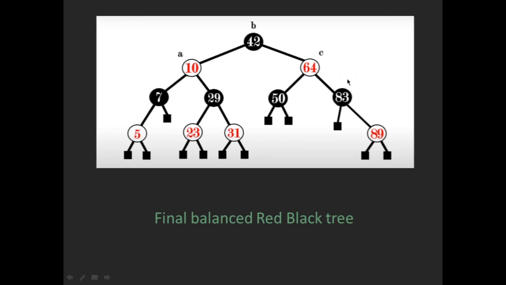So now we have achieved a perfect red black tree, which was self balanced because we just inserted the 89 and the balancing took place all by itself. And let us see the black depth. The black depth is 2 in both the left and the right subtrees, and so this is a perfect red black tree. So the insertion is complete. The insertion move took only log n time complexity.